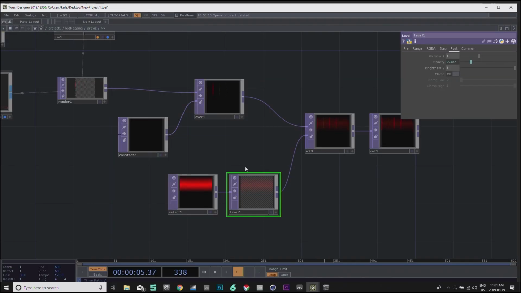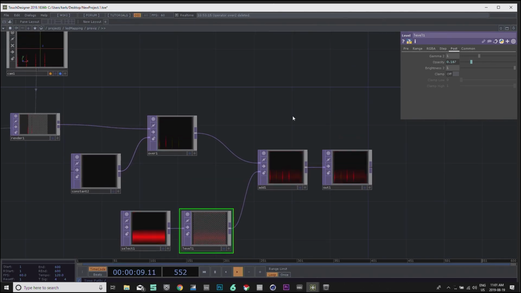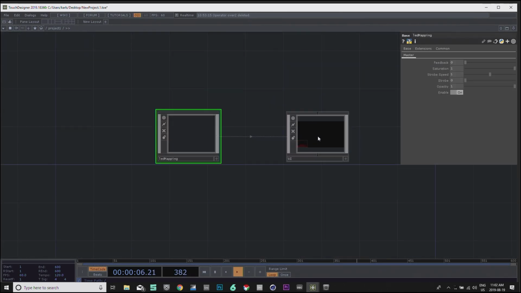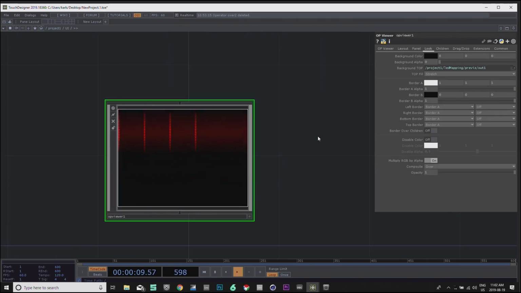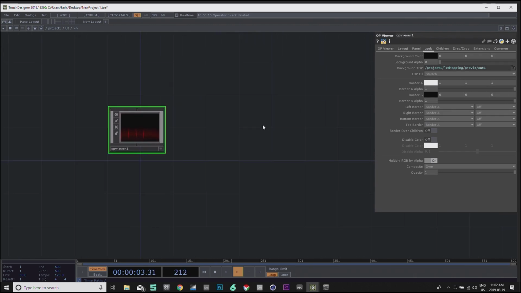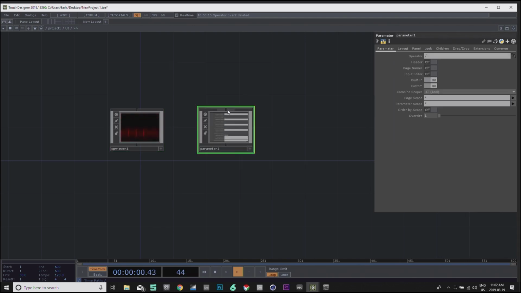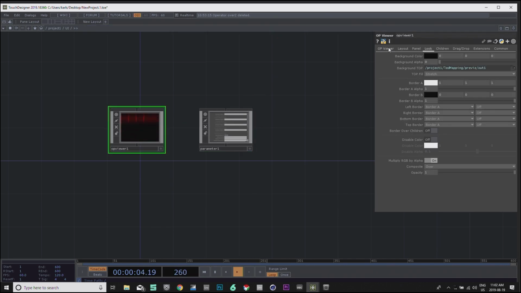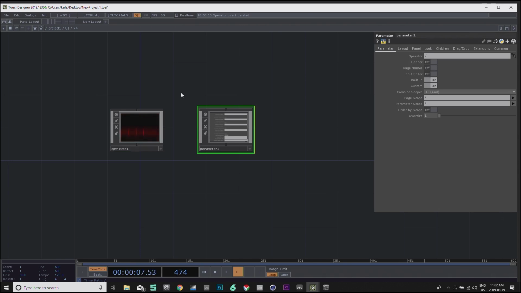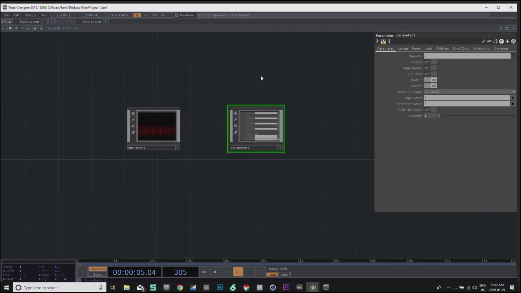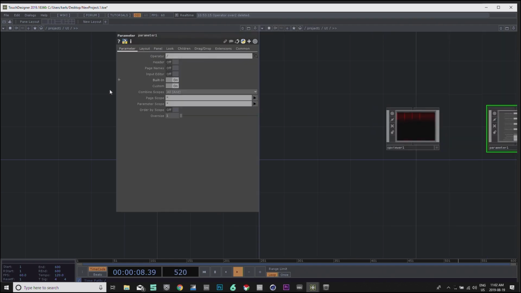So now, to make those parameters show up in our previs, or in our UI, we can go up 2 levels and into our UI. And we'll put down another component. This time it'll be a parameter component. And we want to set the operator to be the previs. So we can split our view, and on one side, we can go